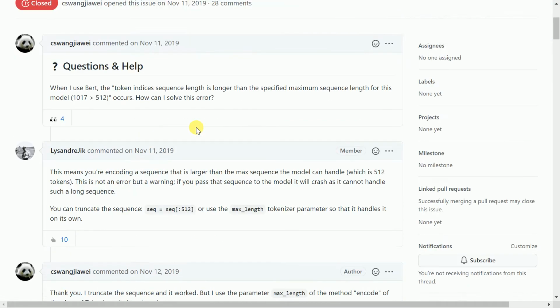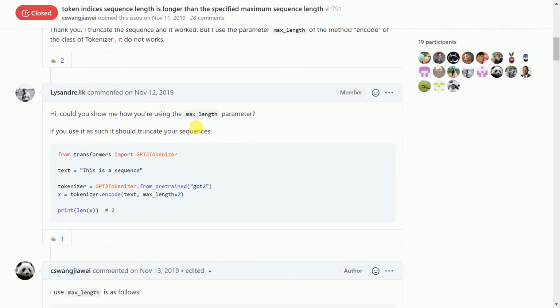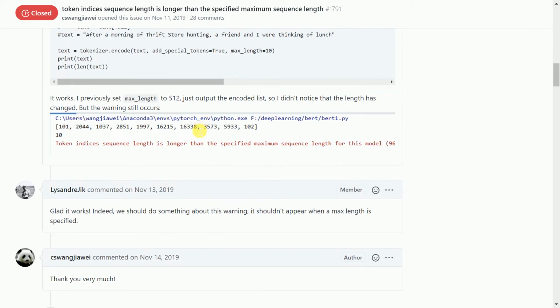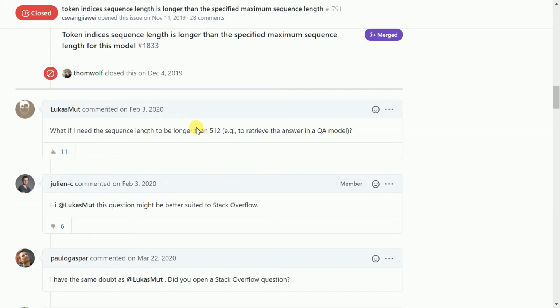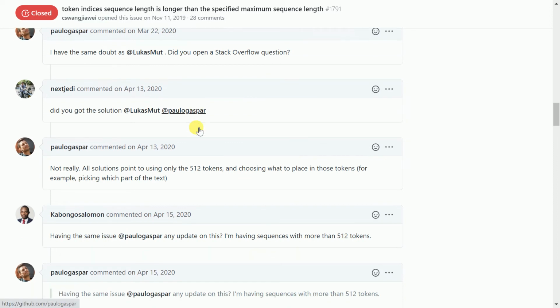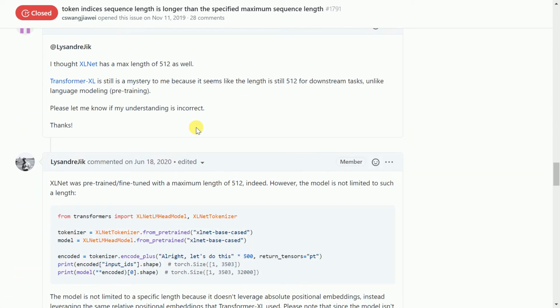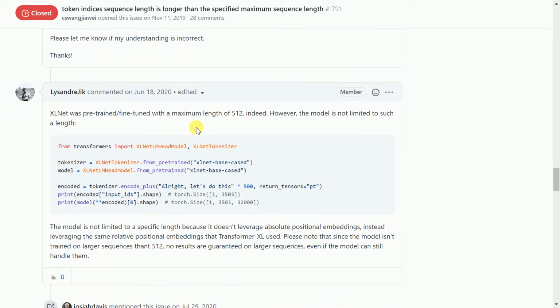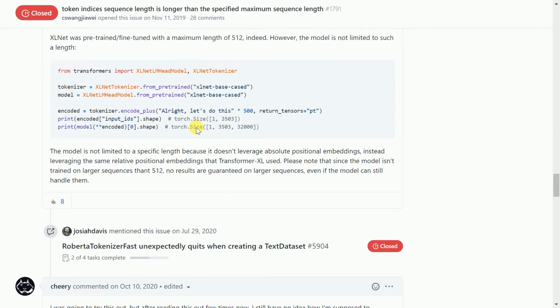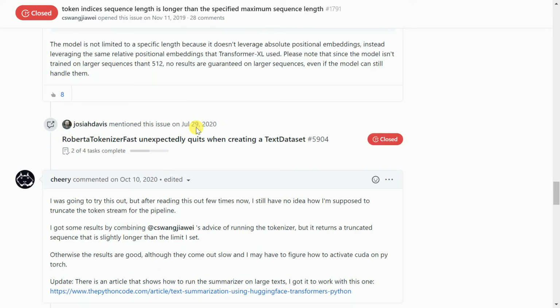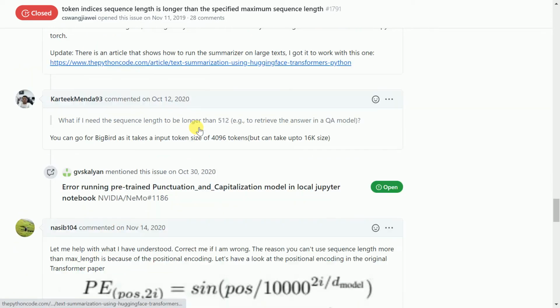I got a small error stating that token indices sequence length is longer than the specified maximum sequence length. This error populates when your actual sentence length is greater than the maximum sequence length that the model can take in. So there is some workaround that I've created in order to resolve this. And that is the beauty of the web application that I've created. So you can have really long text and you will still get a summary without any error.